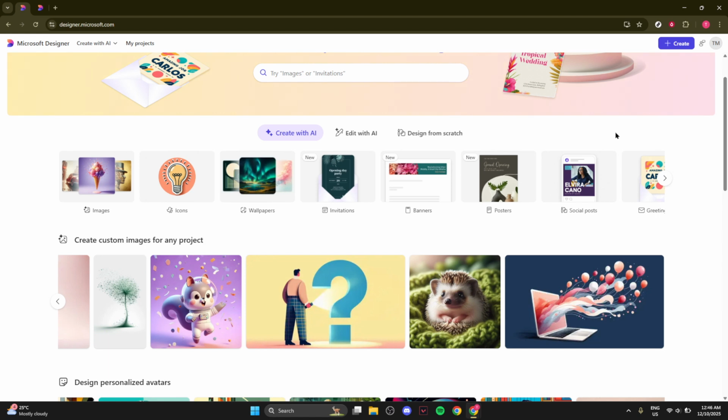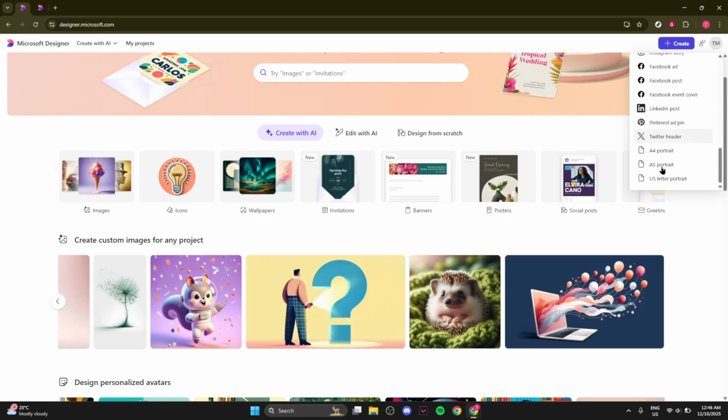Once you're logged in, look for the option to Create New Design. If you've already got a project in progress, you can open that up instead. This flexibility allows you to continue editing previous work without losing your flow. The interface is designed to be user-friendly, so even if you've never used it before, you should feel comfortable with